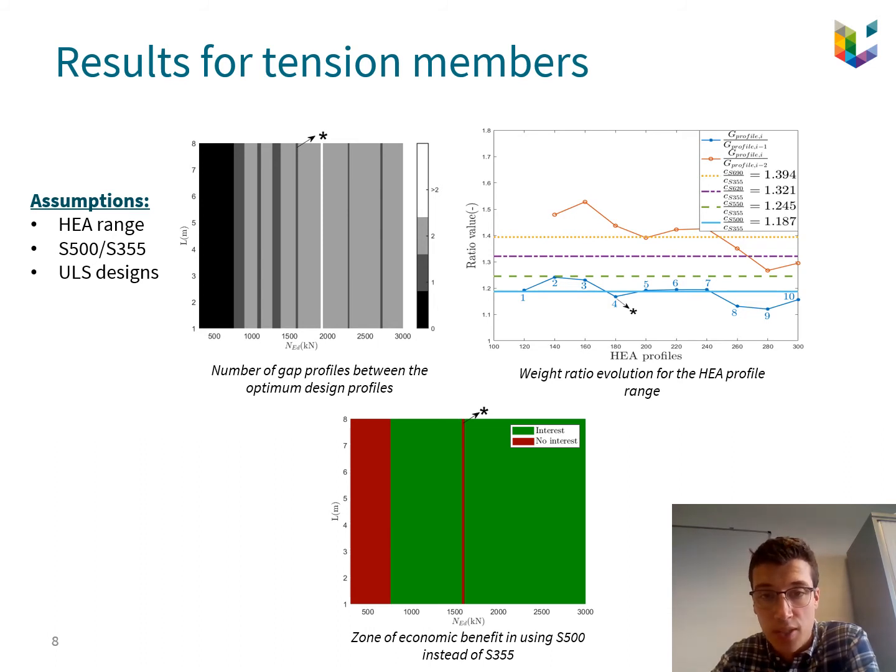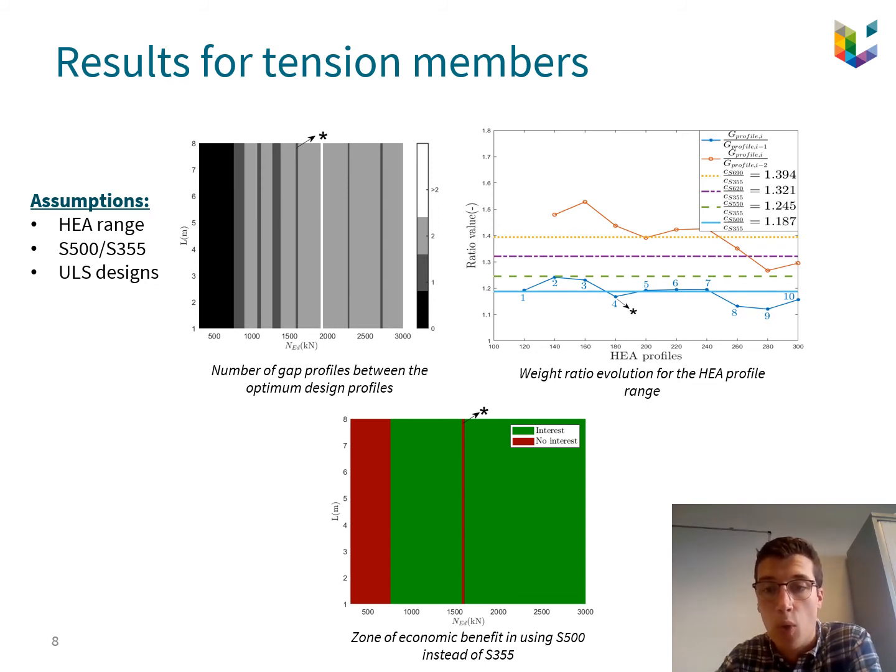And the final result is here. As you can see, there are two areas of no interest. The first no-interest area is an area in which there is no gap profile. It can be explained by the fact that the HEA 100, the first profile of the range, is sufficient for both steel grades. And the second no-interest area, which is marked with the little star, is an area